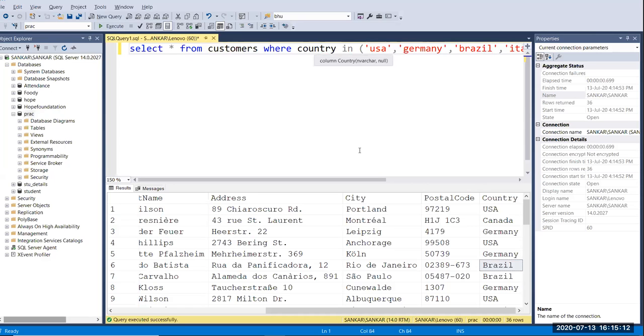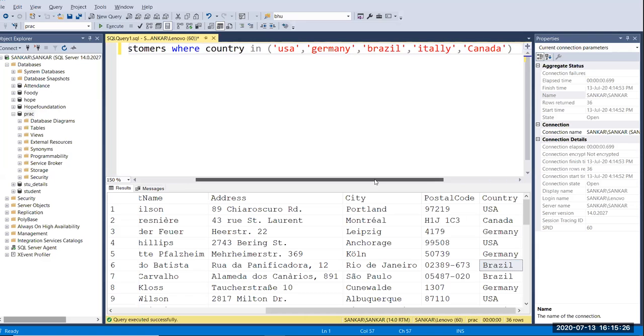So now you get the values, what are the customer names in USA, Germany, Brazil and Italy. So if you don't want to print the names from USA, Germany and Brazil, Italy and also Canada, simply you can pass NOT here. Okay, just you have to give NOT IN, and after that what are the names you don't want to get in the results, you can give here.